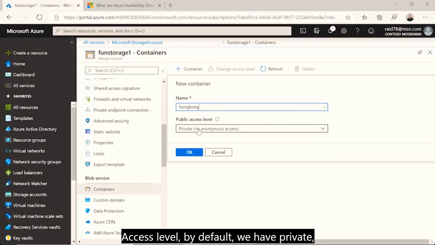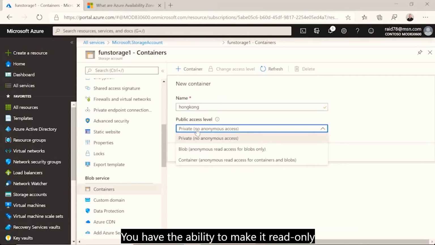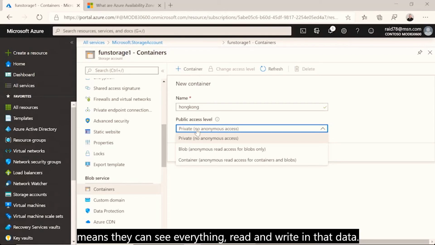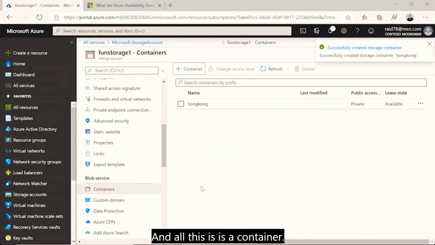Access level, by default, we have private, which means people can't come in and take a look at that. You have the ability to make it read-only, or you can make it container access, means they can see everything, read and write in that data. I'll leave it private for now, and I'm going to go ahead and click OK. And all this is a container, and all containers are ways that we can control our blob files inside of